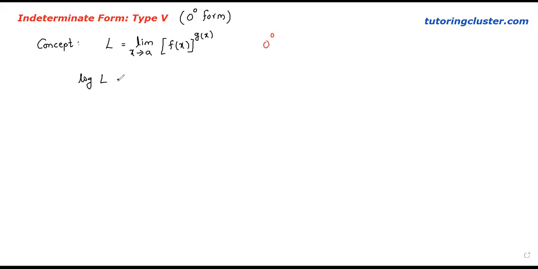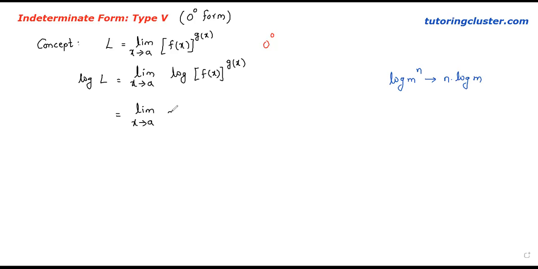So log L is equal to limit as x tends to a log of f of x to the power g of x, right? तो हमें एक लॉगरिथम का फॉर्मूला पता है, log ऑफ m टू द पावर n, क्या होता है ये? n इंटू लॉग m. बस यही हम यहाँ पे अप्लाई करने वाले. सो दिस विल बी इक्वल टू लिमिट एज x टेंड्स टू a g ऑफ x इंटू log ऑफ f ऑफ x. इज इट राइट? ओके,